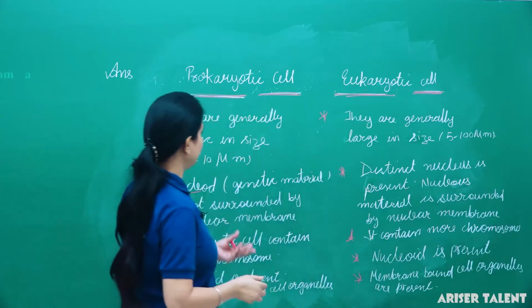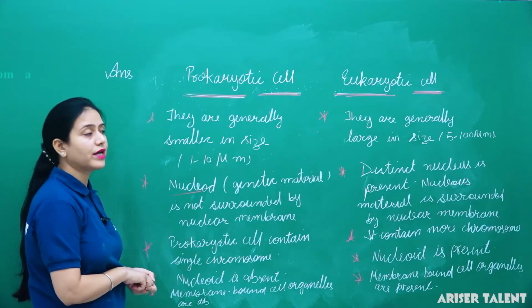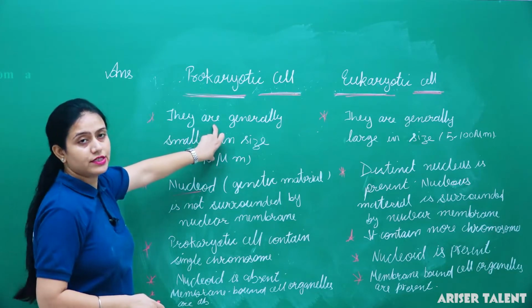Okay, so these are the differences between prokaryotic cell and eukaryotic cell, that they are generally smaller in